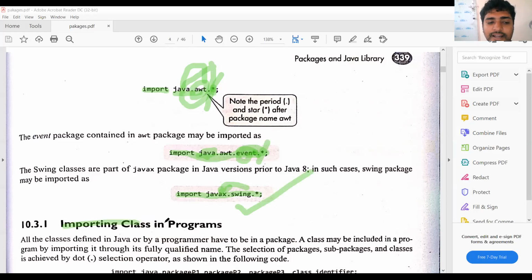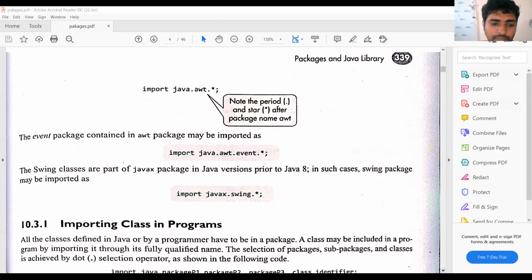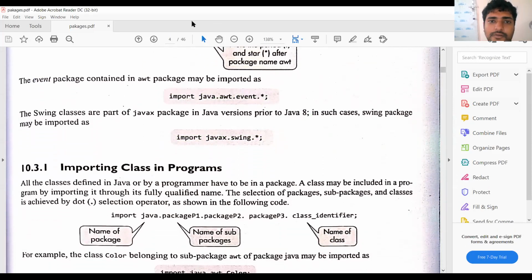So next, importing a class into the program. How do you import a class? Here we were importing all the classes from the package. So how do you import a specific class from the package? Let us see the example.